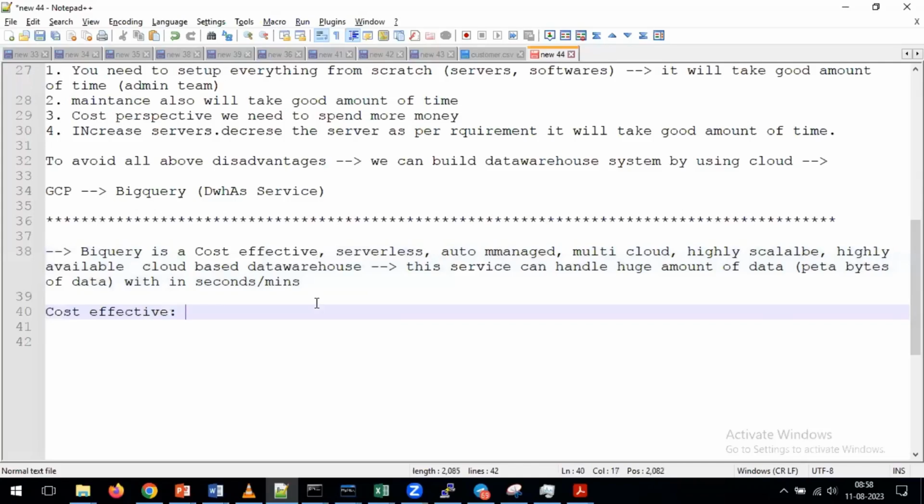So earlier we discussed 7 different properties of the cloud. If you remember, we discussed high scalability, high availability, fault tolerance. Like this, we discussed 7 different features of the cloud. All those features are applicable for each and every service, whatever we are going to discuss. One of the features we discussed is cost effective. Now coming to BigQuery, BigQuery is cost effective, which is nothing but